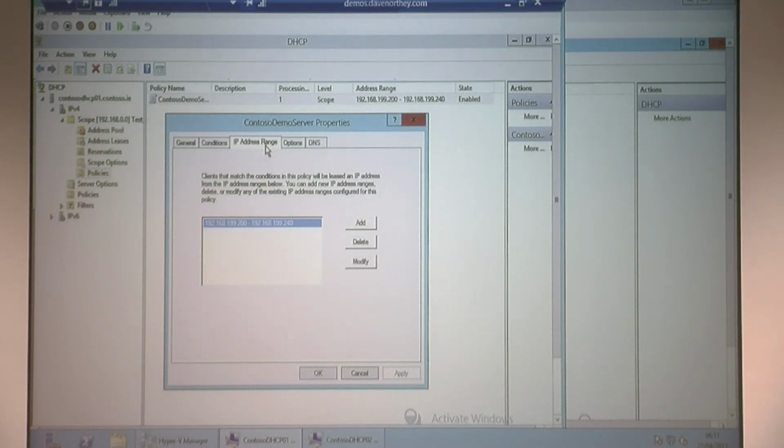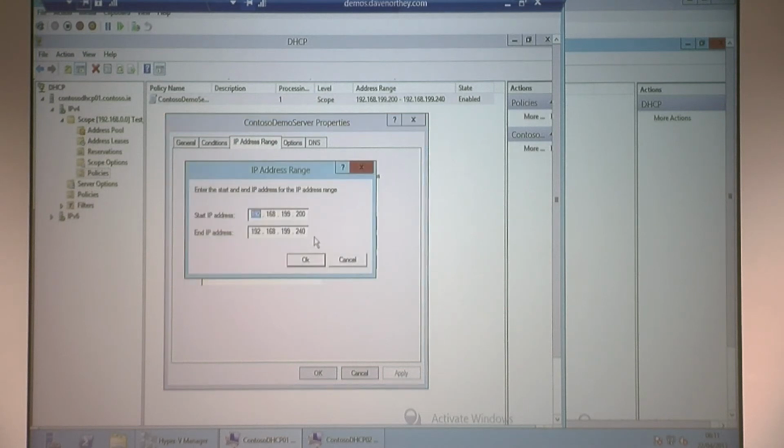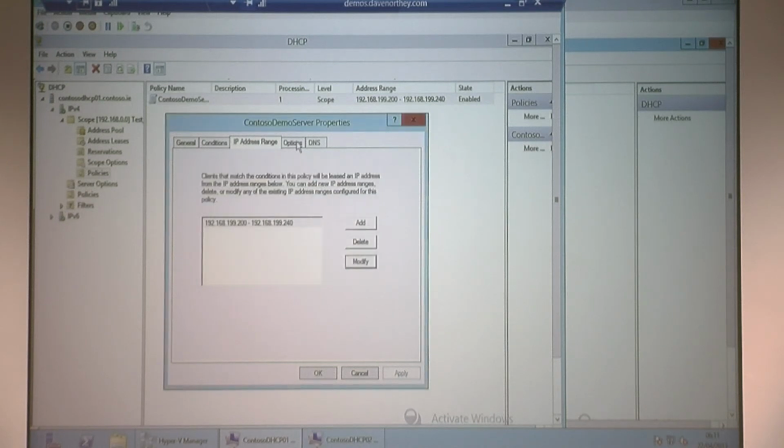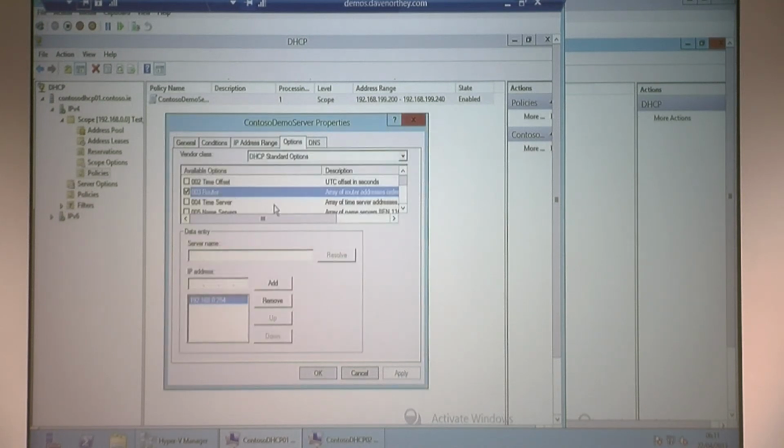And again, you can add additional scopes if you want, or modify them. You can make it larger and shorter, because we really thought about it this time, and now you can extend the range, whereas you couldn't previously. So you can do it. It's up to you. Set your options as before. So if, for example, those particular IP ranges needed to use a different gateway,